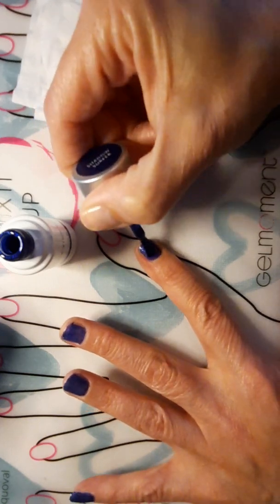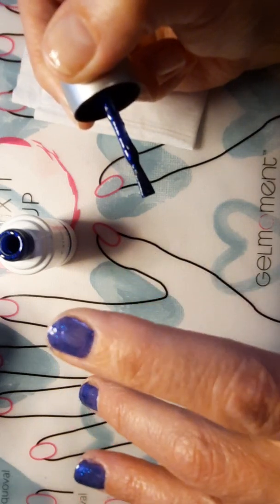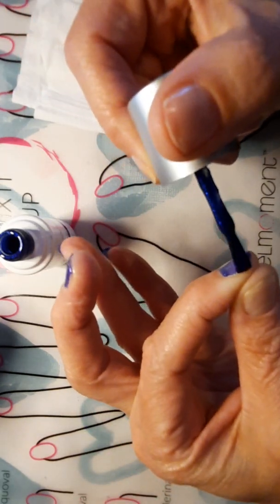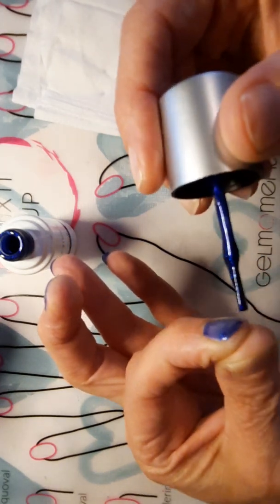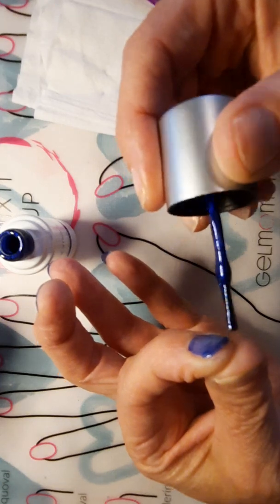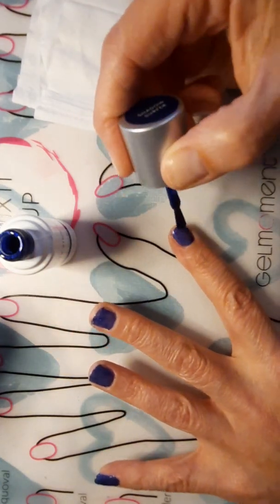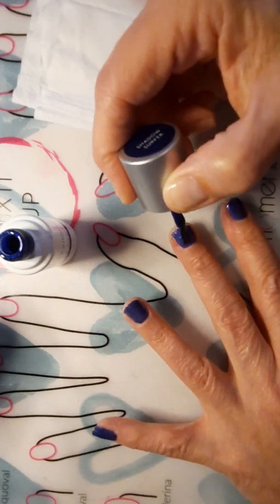So again, thin coats, embracing the gap. I don't know if you guys can actually see the gap at the end and the sides. Super important, and it keeps the oils away from underneath. That's the biggest thing. Oh, and I forgot to do that. Shoot. Okay, so one of the things I missed was after we gently took that